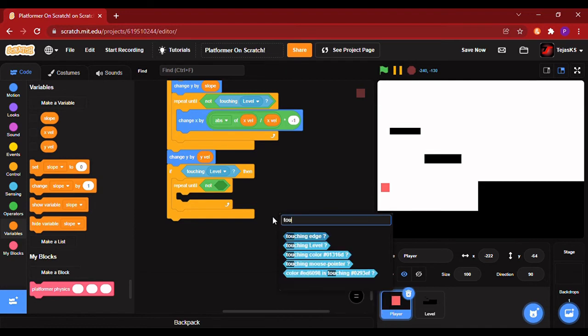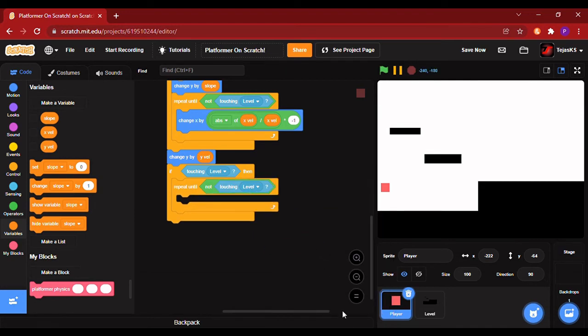Repeat until not touching level. Change y by